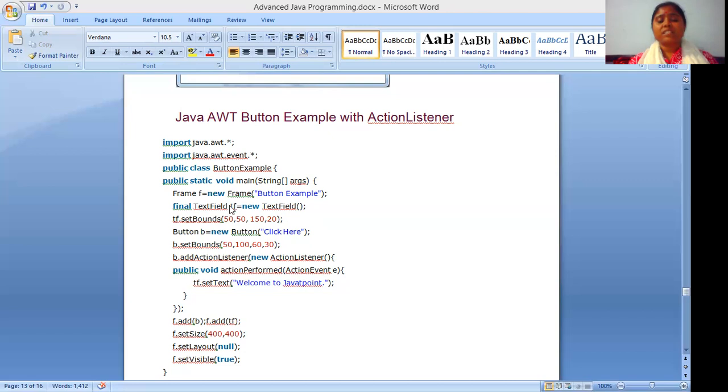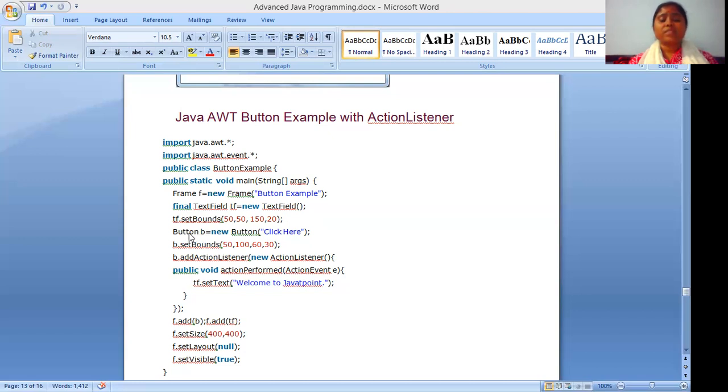Okay, now we are setting the bounds of the text field. tf.setBounds method is called here. Now we are passing 4 arguments here. Distance from the x axis is 50, distance from the y axis is 50, width of the text field is 150, and height is 20.